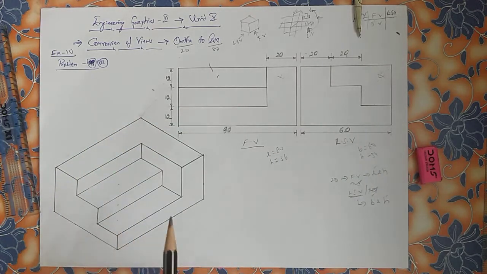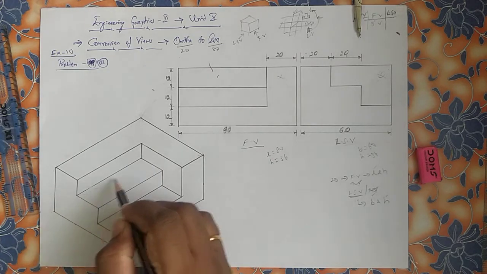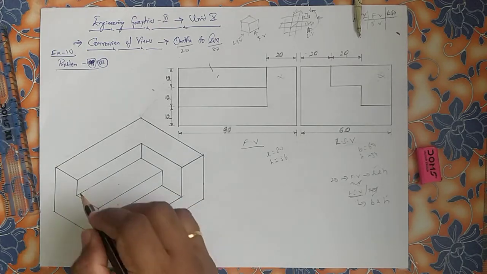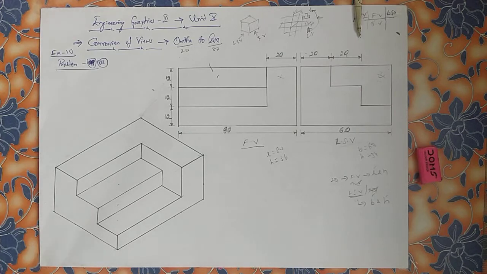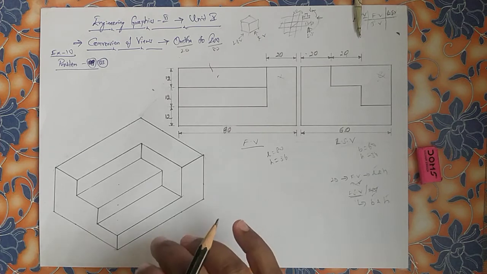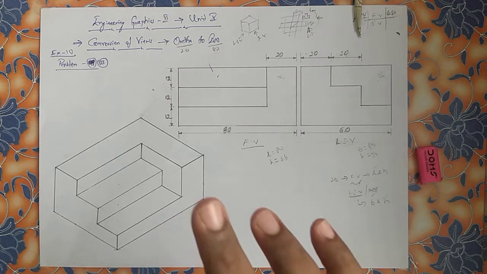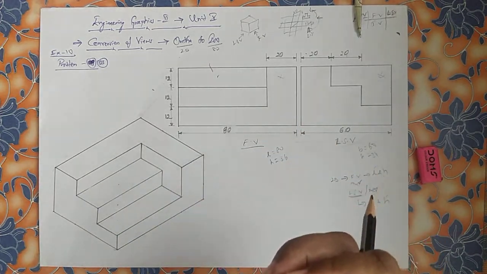No need to bother about the hidden lines, right? If I have to draw it compulsorily, it's a box, so there should be a hidden line here. But no need, we are supposed to concentrate on boundaries. So that's why conversion of 2D to 3D, from front view, top view, side view to 3D, is a little bit simple for imagination of boundaries. You are supposed to have experience of drawing this and how to show the three-dimensional object, how to guess.